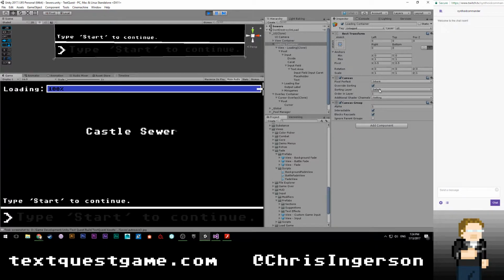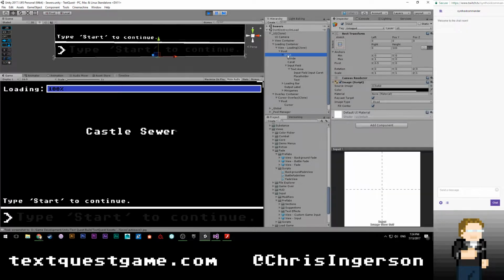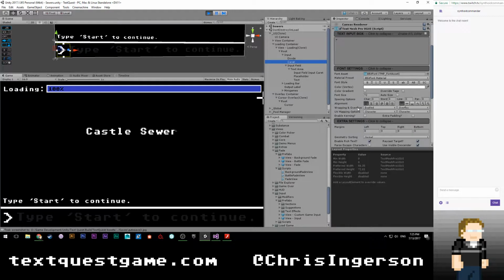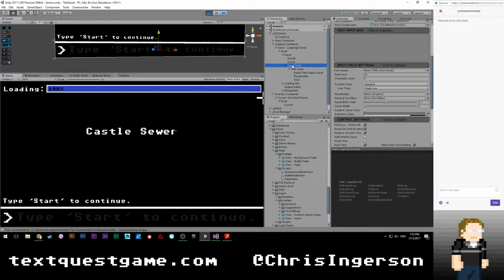Okay. What could be doing it if it's not that? Let's see, minigames, input. There's nothing in here that I would think would block it. Turn off raycast target, all of which I think is actually making it harder. This doesn't make sense.